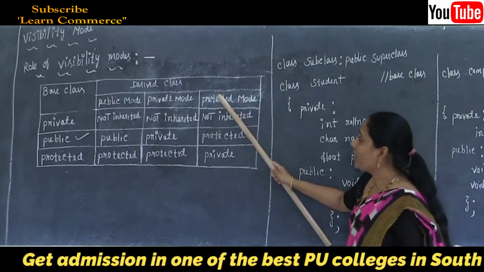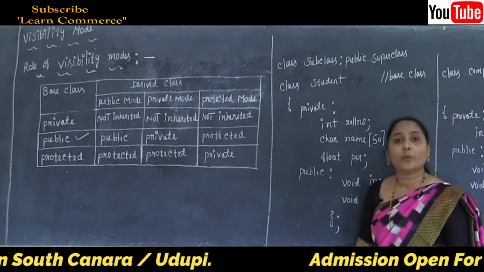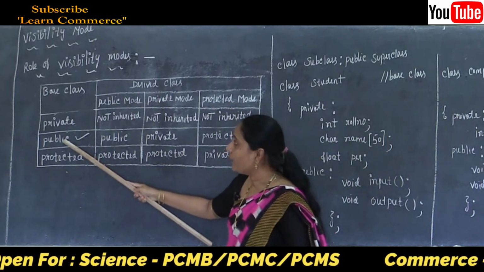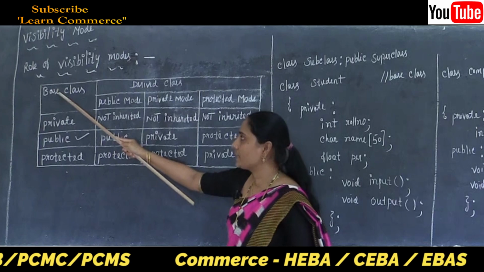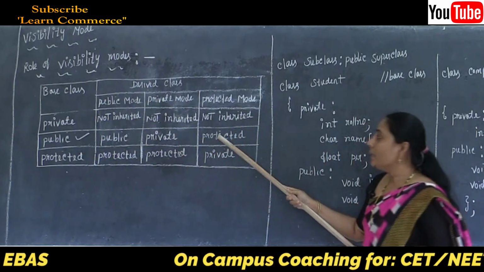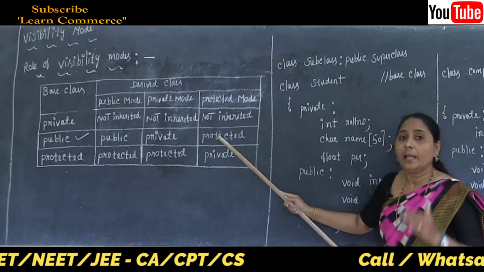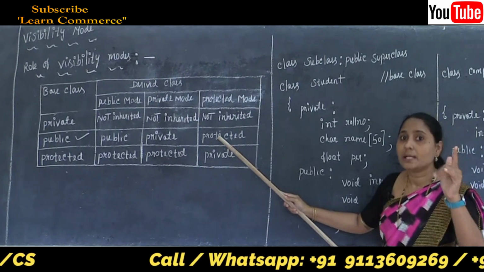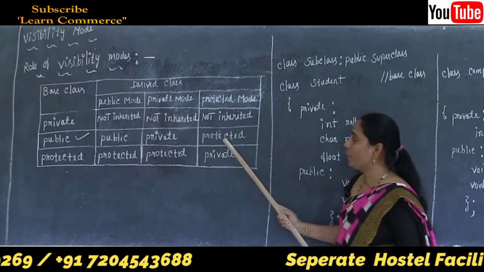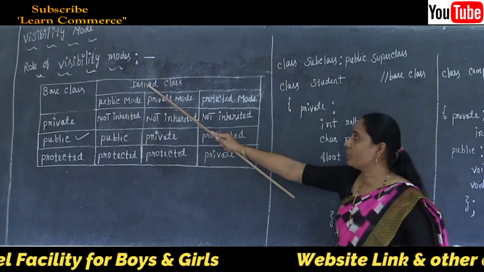Now let's see the information about our protected inheritance, that is called the protected mode. In our protected mode we can say that the public member of the base class becomes the protected member of the derived class. That means whatever members are in the public side of the base class, such members are possible to shift to which side? The protected member of the derived class. Clear this point here, the protected member of the derived class.